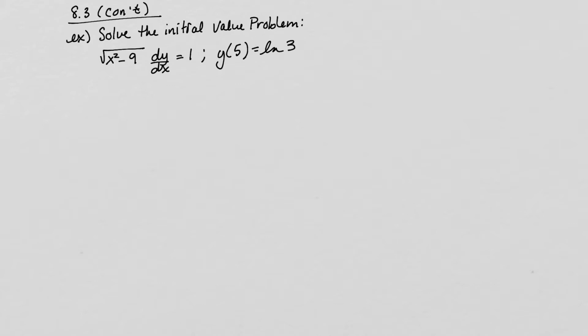So I'm going to abuse this notation, right? And we're going to think of these as two separate pieces, just like we've done before. And so the very first thing I'm going to do is multiply up both sides by dx. So if I do that, I end up with the square root of x squared minus 9 dy is equal to 1 times dx. So 1 dx. Right, so I'm basically just trying to get the y stuff all by itself. The only y thing we have is dy, and then I'm trying to get all the x stuff by itself